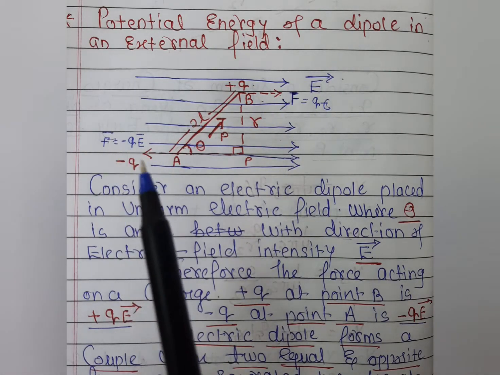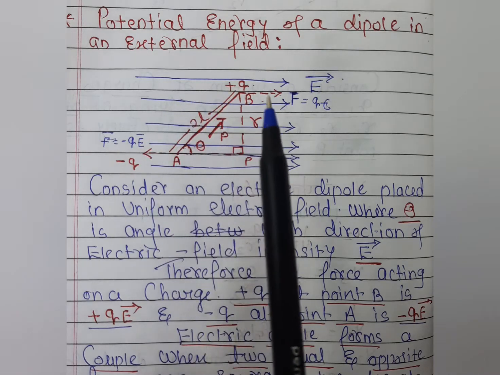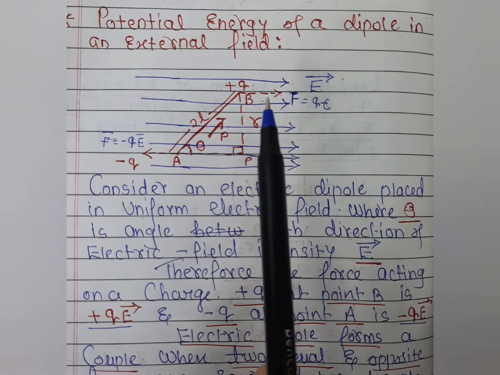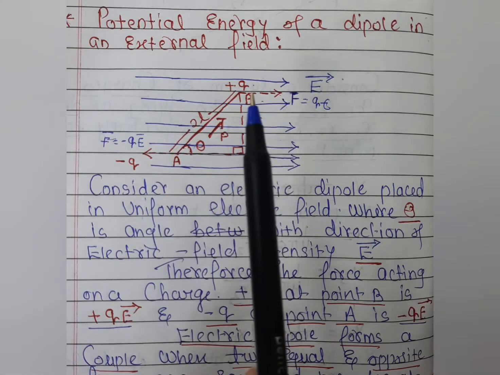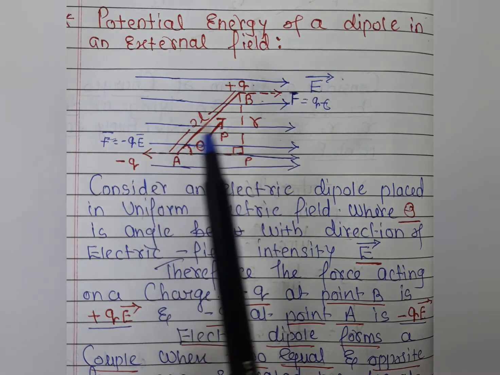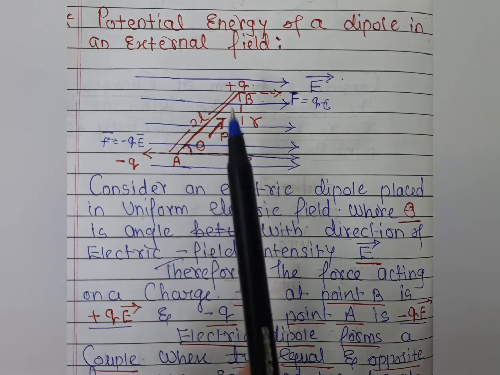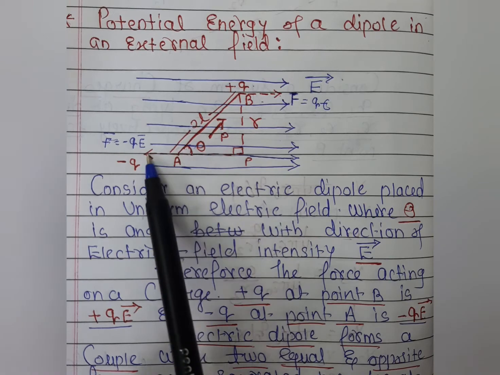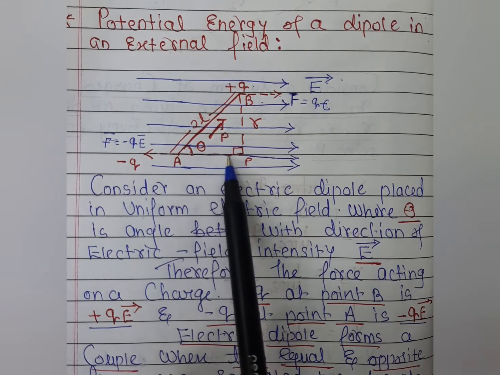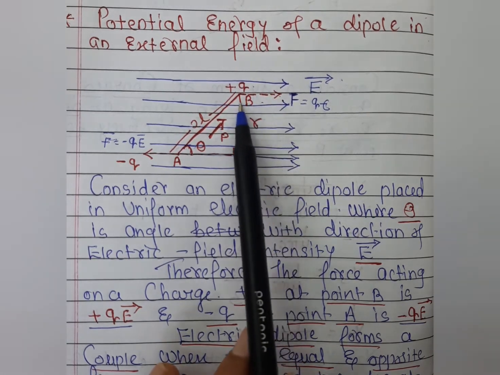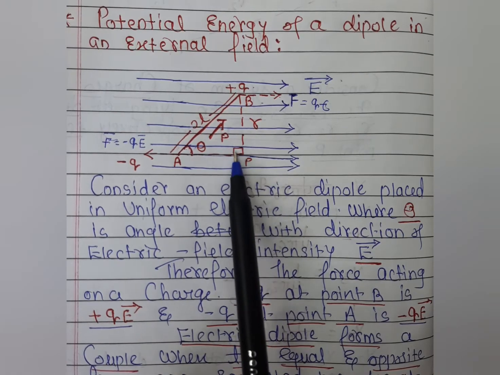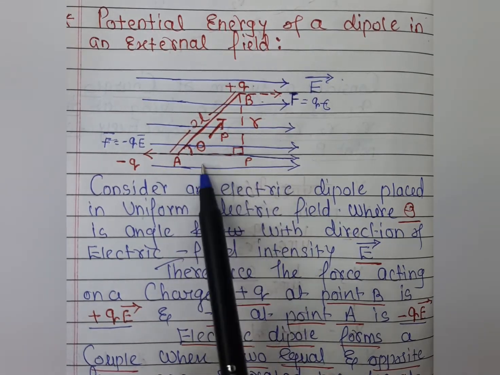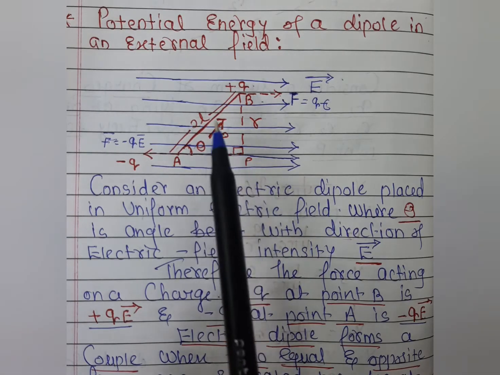So students, you can see these charges are moving in a circular direction, because here you can see the torque is produced by the two forces, and the two forces are separated by a perpendicular distance. From this force, the distance is here, and these two are perpendicular to each other. The two forces have a perpendicular distance, and this distance gives the torque.